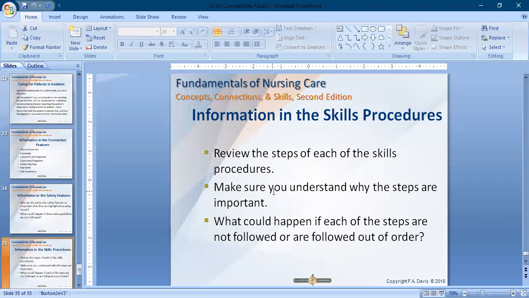So for infection, review the steps of the process and the skill of the procedure. Make sure you understand why the steps are important. Also, what could happen if each of the steps is not followed or is followed out of order. So definitely, if you do not follow all of the order, you will not stop the spread of infection, right? So infection will spread out. So this is all important about